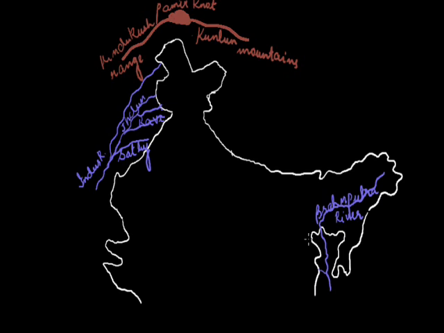The Himalayan mountain ranges we can study under different heads, first being the Great Himalayas or the Inner Himalayas, second being the Lesser or the Middle Himalayas, and the third being the Outer Himalayas or the Sub-Himalayas, which are also known as the Shivalik range. So before having a look at the Himalayas, first you can just watch what are the classifications.